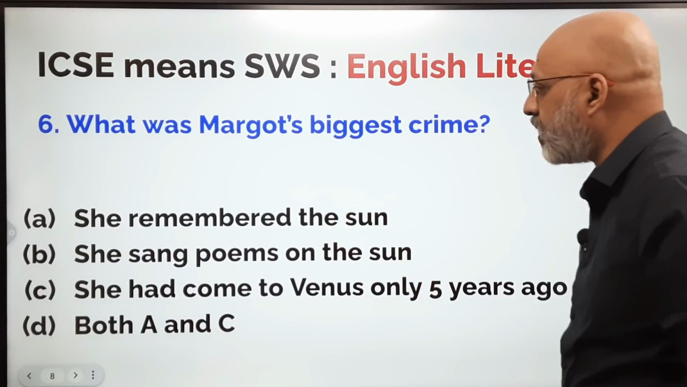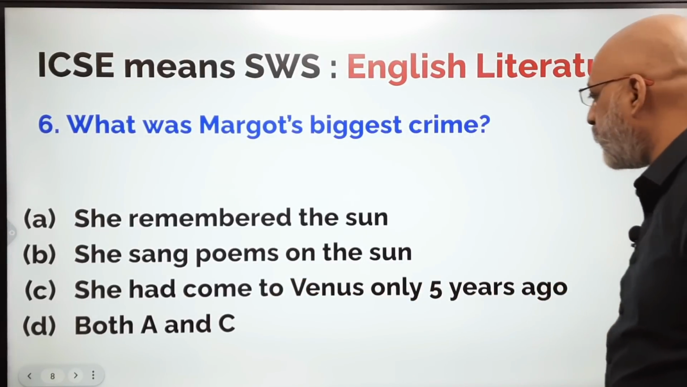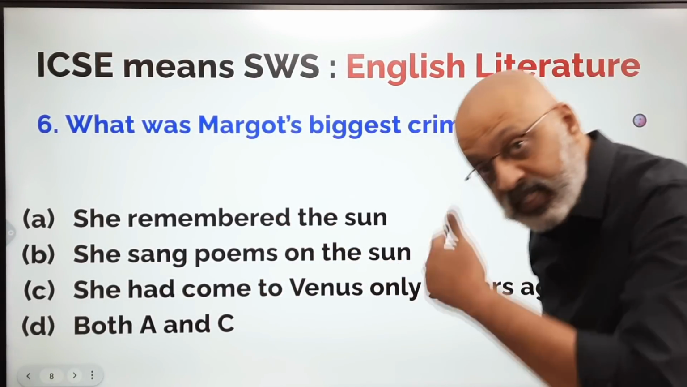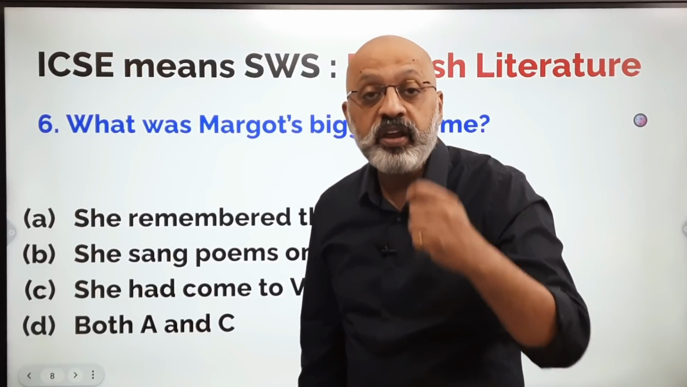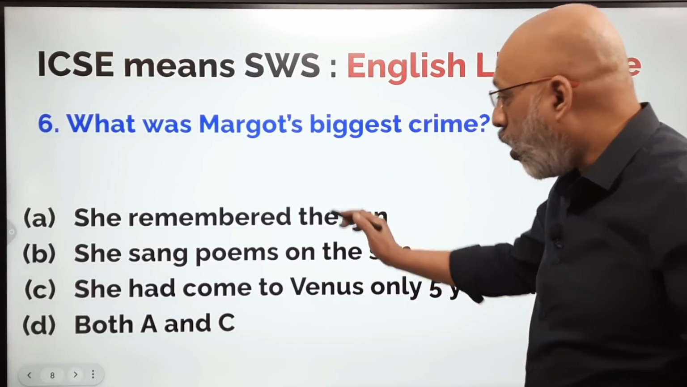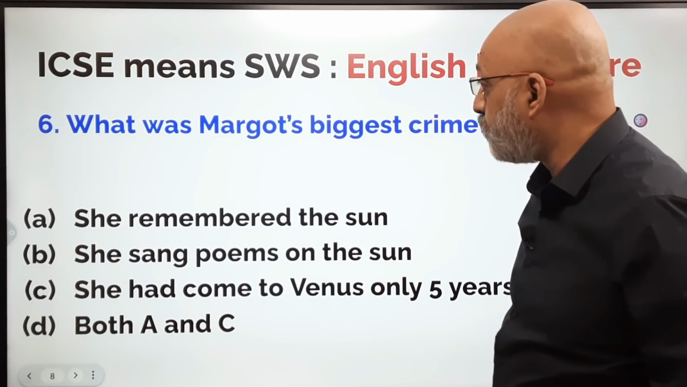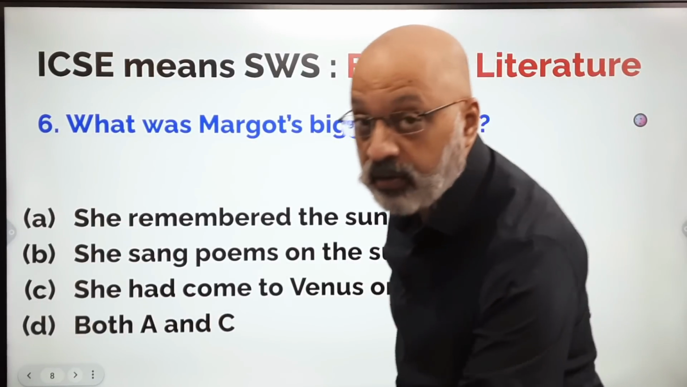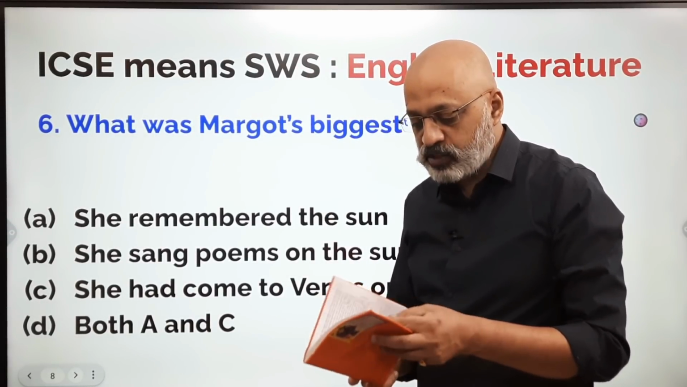She remembered the sun. She sang poems on the sun. She had come to Venus only 5 years ago. Both A and C options. Now here, this is yet another example of why you need to read the text very, very carefully. Now, all these are true. All these are true, but which one is, because it is described as Margaret's biggest crime by Ray Bradbury, the author of the book. He says very clearly,